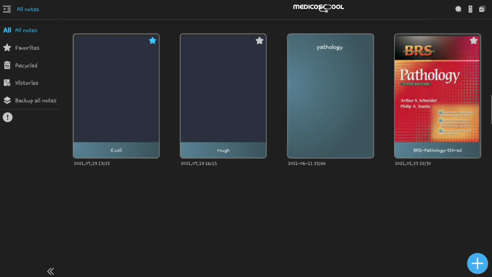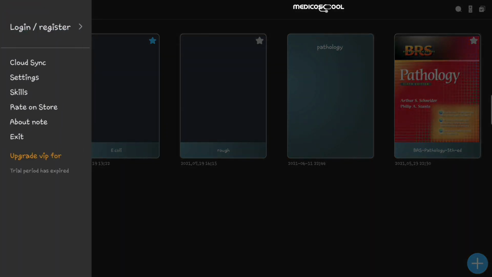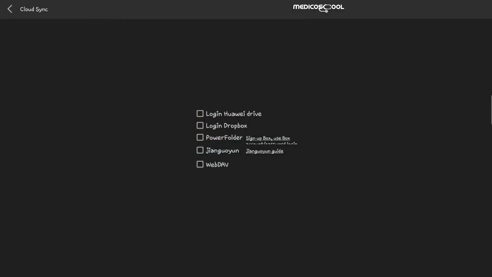Now, first of all, starting from the left upper corner, here you can see a button. Just click on this and you will have an interface. The first one in this interface is the login or register button. From here you can log in or register to the Touchnotes account, and upon this you can have an upgraded VIP version of Touchnotes, in which you will get a lot of new features. The second option is cloud synchronization, and upon touching this, you can synchronize your notes into the cloud